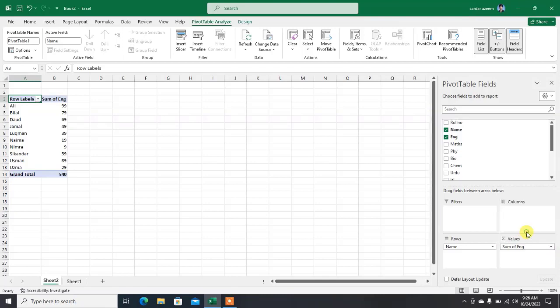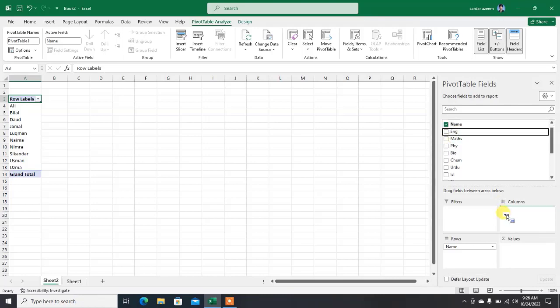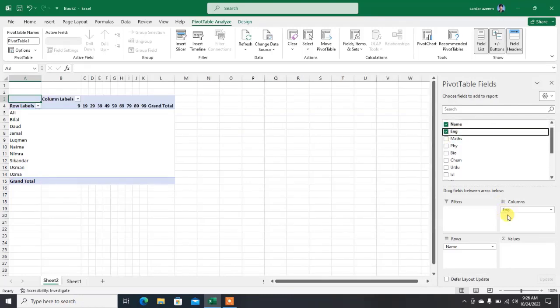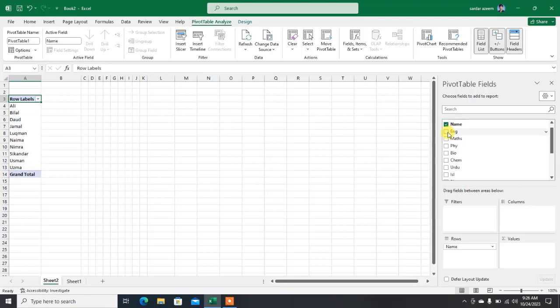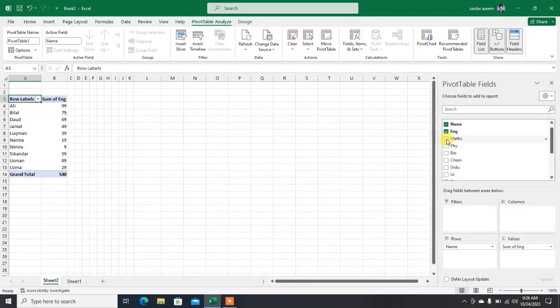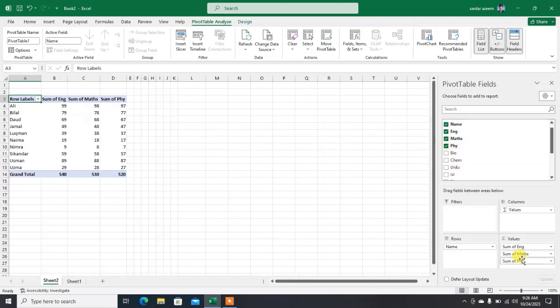You can remove this field also from here. I want the marks of English to be placed here in columns. Now you can see there is no grand total, but it is now placed in columns. You can switch it off from here also. I'm going to choose marks of English, marks of maths, marks of physics. Now you can see that we have only the names of the students and the marks of 3 subjects that